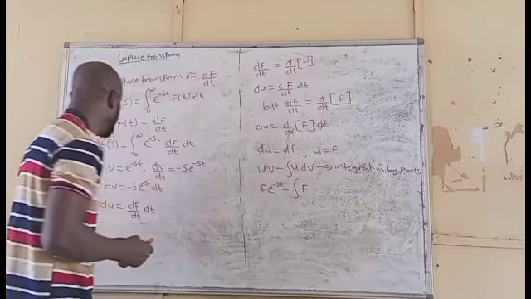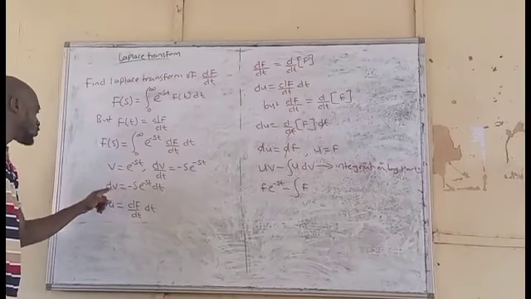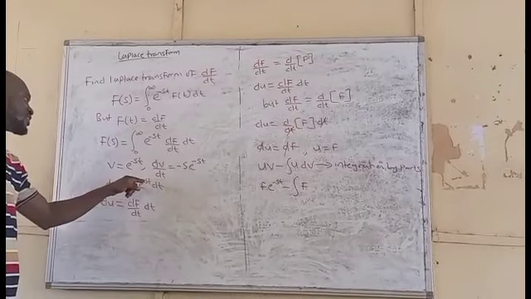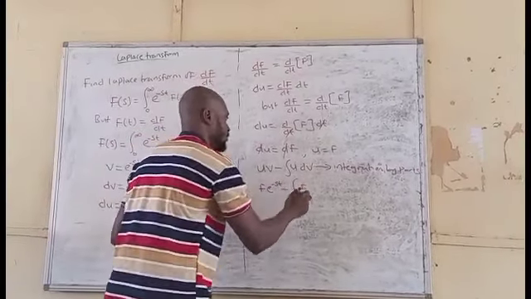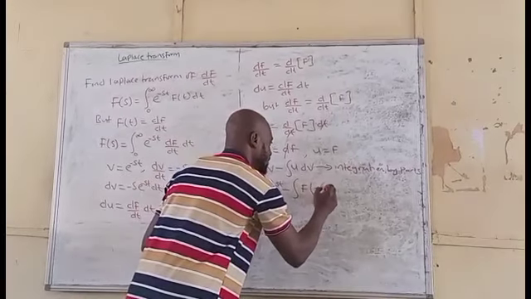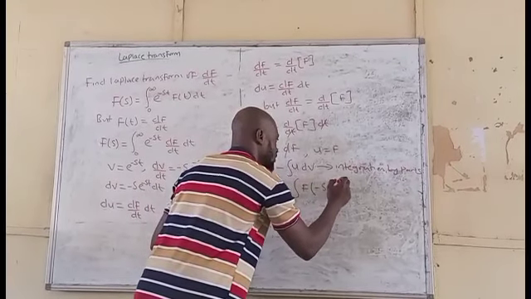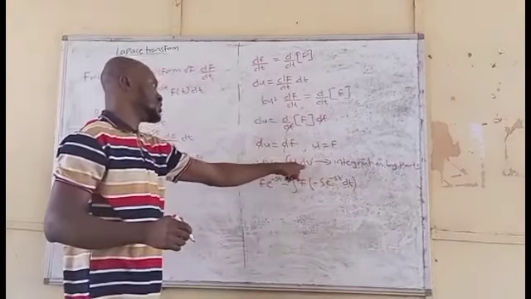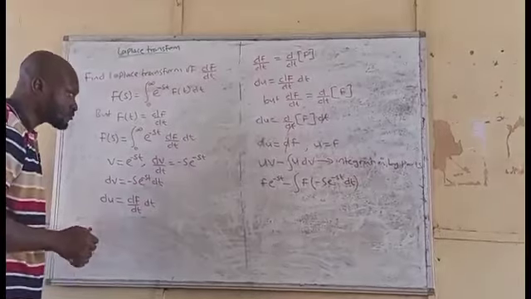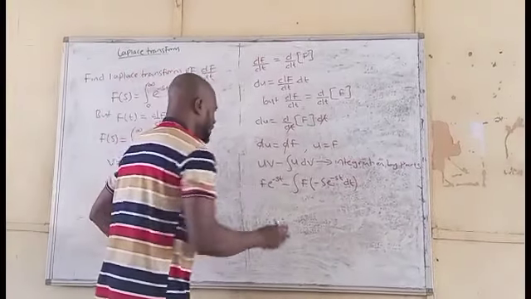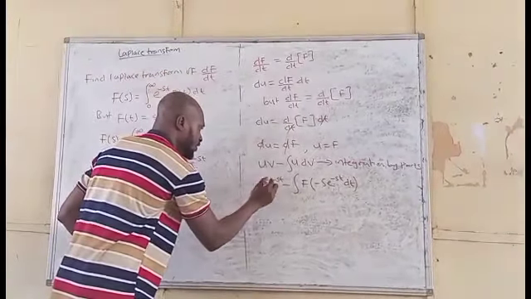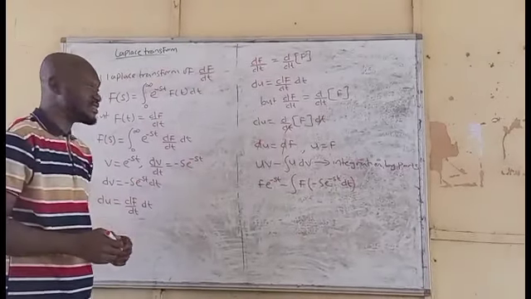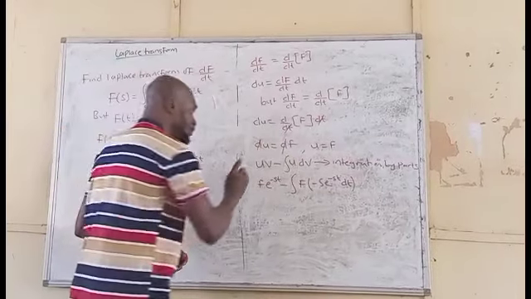My dv here is the differential form of this v, which is dv equal to minus s exponential raised to the power of minus st times dt. So I will put it here. I say multiply by minus s exponential raised to the power of minus st times dt. So this one now is your dv. Now, this exponential is carrying a negative sign. So by indices,